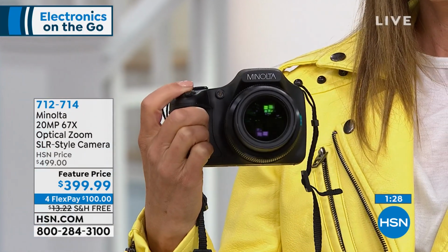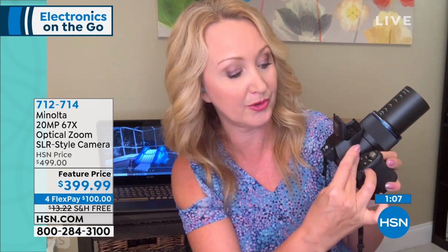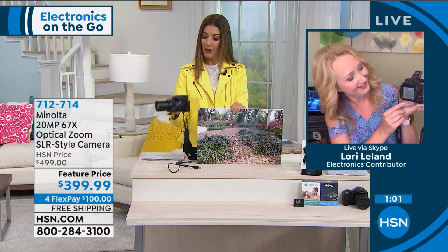So when we talk about all of the features, the way you can improve the picture afterwards, there's 14 different photo improvement modes after you take the shot. I mean, this is the way to capture all of your memories. If you've been disappointed in the past by the horrible quality of your cell phone, try this Minolta with that incredible zoom. It's point and shoot. The wheel here guides you through. You got your scene modes, or you can do your beauty face, or you can just go right into auto mode, which is my personal favorite. And it's so easy to use. You're going to love it. I'm just so thrilled. I've always wanted